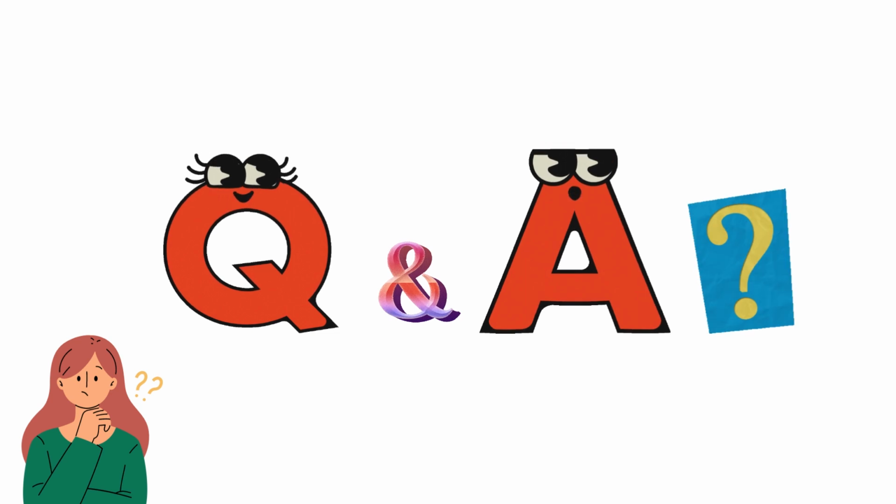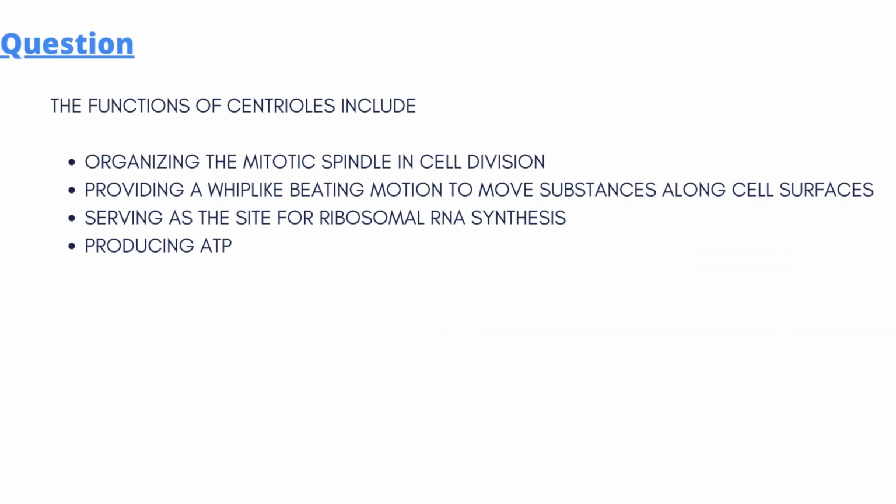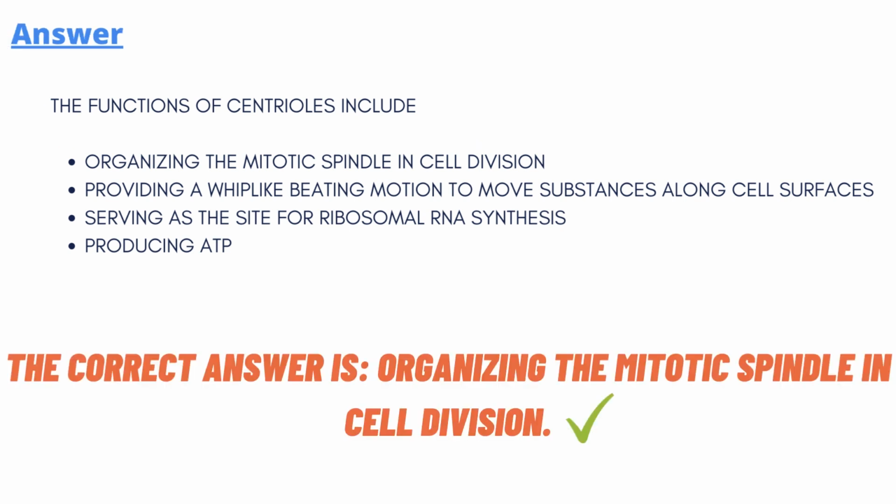So as for today's question, our question is: the function of centrioles include. It's an MCQ question. We have four options given: organizing the mitotic spindle in the cell division, providing a vehicle beating motion to move substance along cell surface, serving as the site of ribosomal RNA synthesis, producing ATP. So this is the question, and the correct answer of the question is option A, organizing the mitotic spindle in